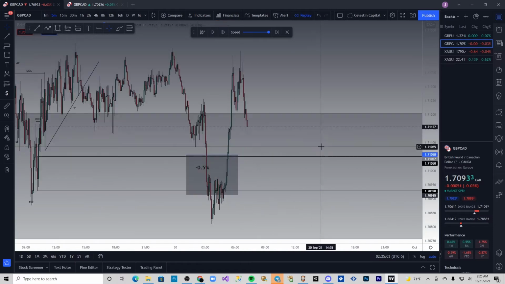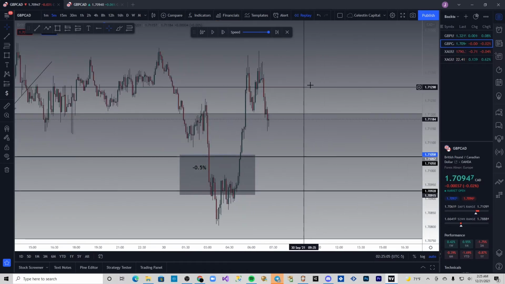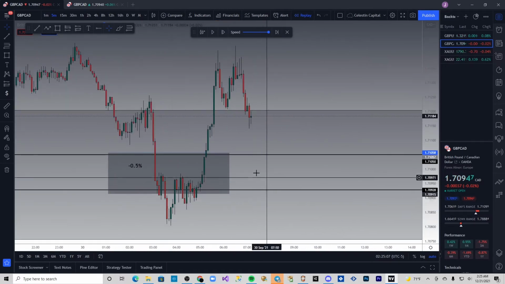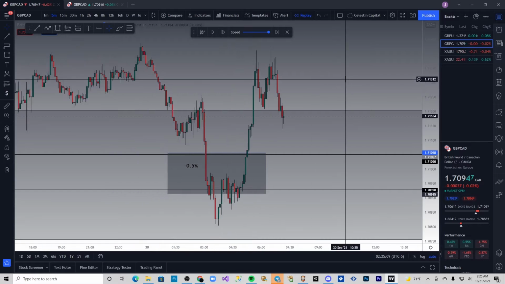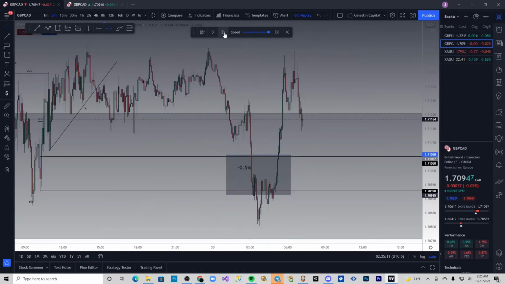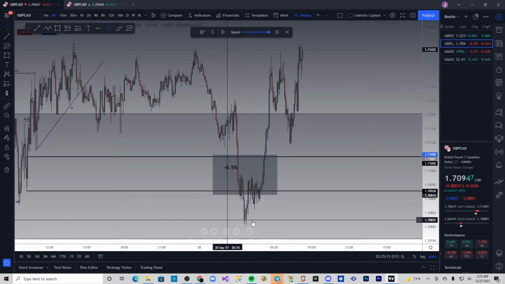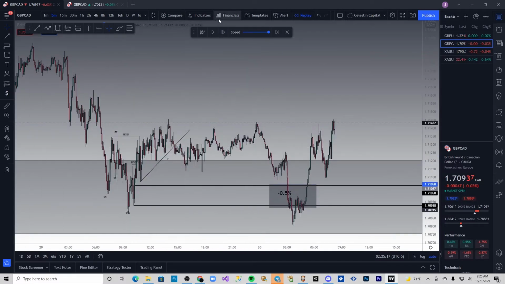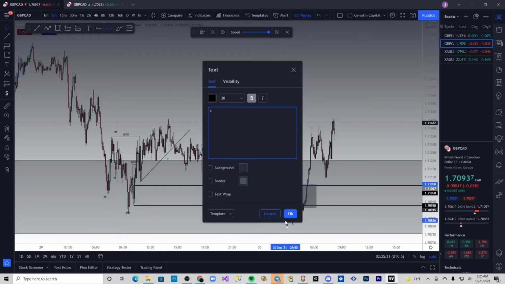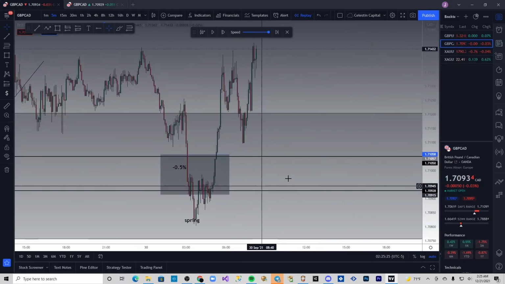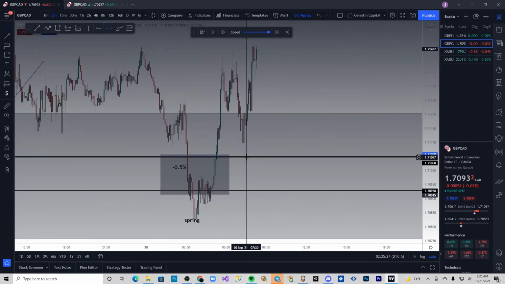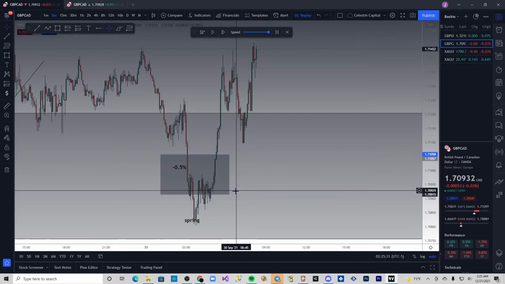Okay, so we've broken structure to the upside. Let's see if there's anything left for us to enter on. Nope. No clean area for us, or for me at least, that I see. So we were liquidated out of our positions. We can see that the spring happened. So we can consider this to be a spring. And now we want to look for a test of the spring. So potential test of the spring. We got liquidated out and price continued in our direction. So we want to look for,